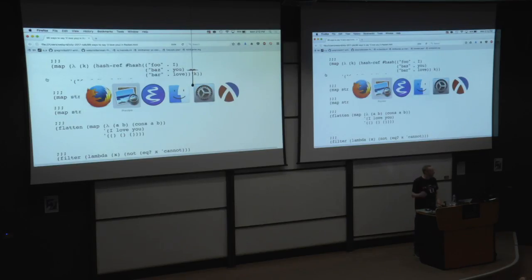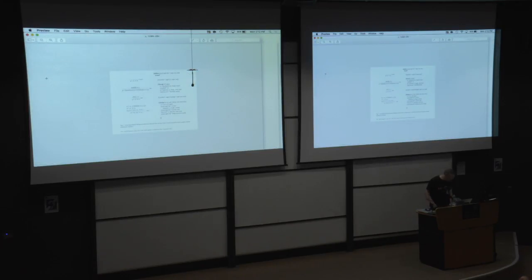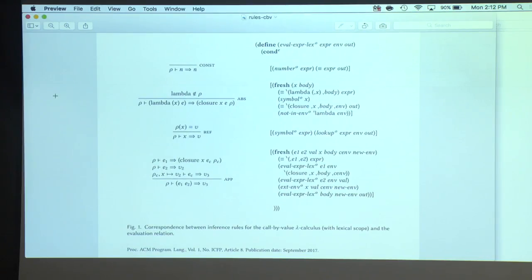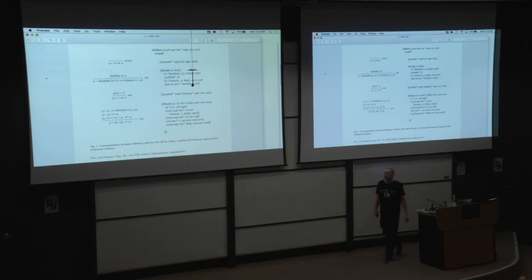So we are going to use a logic programming engine. It's based on this language called miniKanren that we've been working on for a long time. In fact, Dan Friedman and Oleg Kiselyov in the audience are original creators of this language with me. But since then, many other people have helped improve it, including many people in this room.